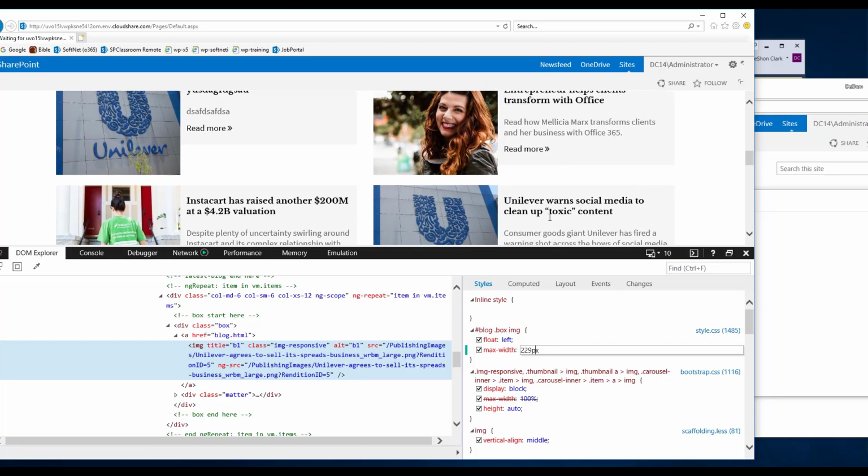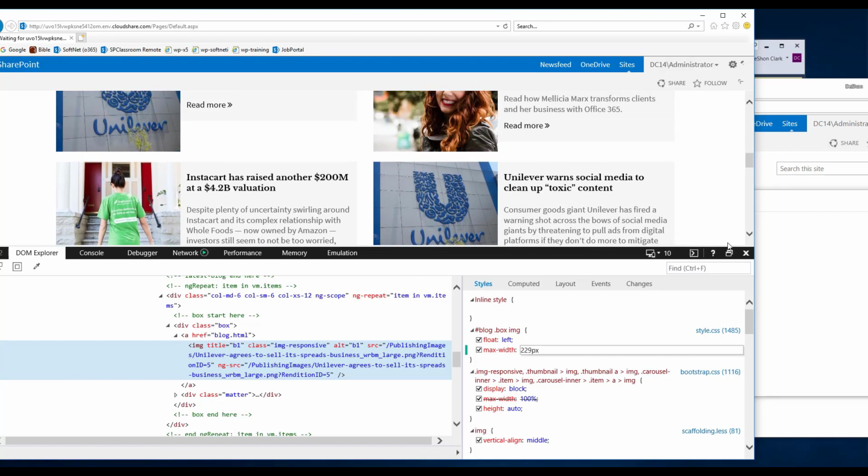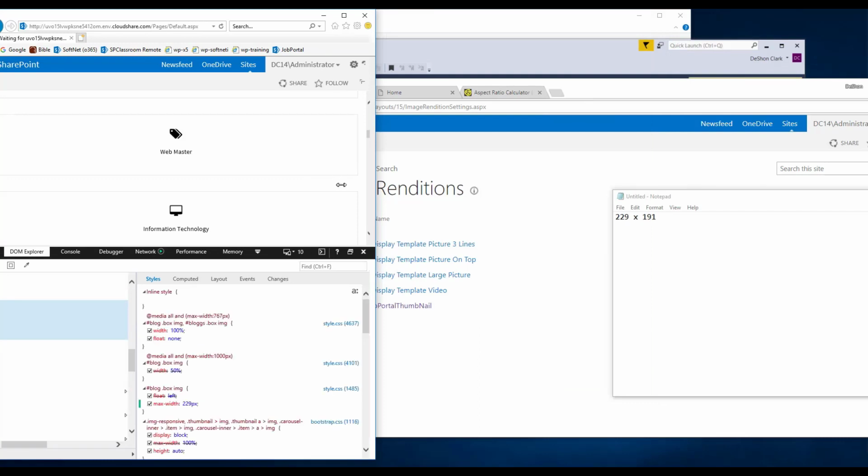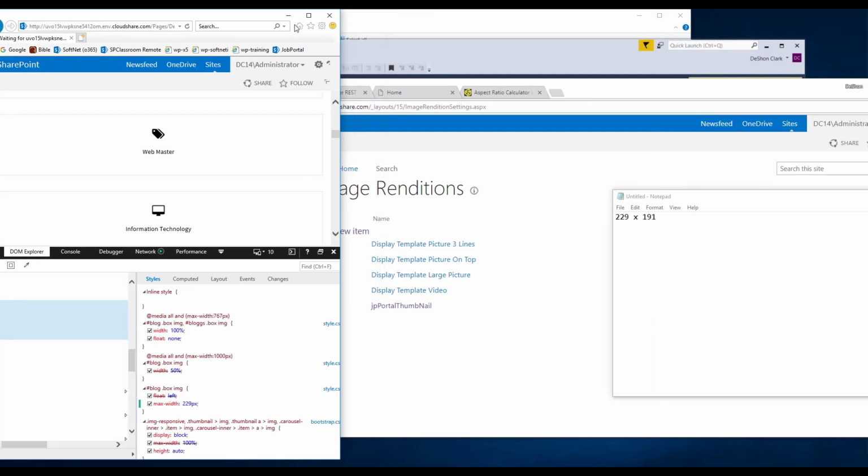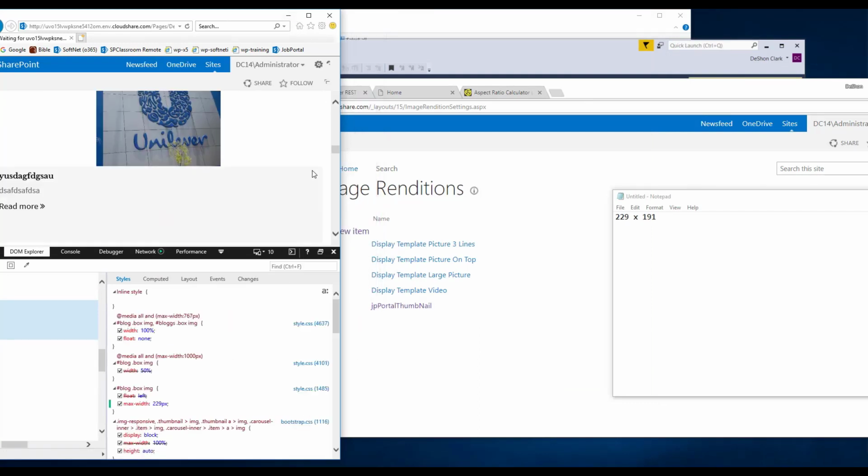Now, there's some other cleanup that we have to do to make this pixel perfect and look like the design, but we're not going to do that now in this video. But if we minimize this, which it's not allowing me to do, how come you won't let me shorten this window? Oh, come on, guys. All right, anyway, if we collapse this to the mobile view, what you would see is, because we have the combination of image